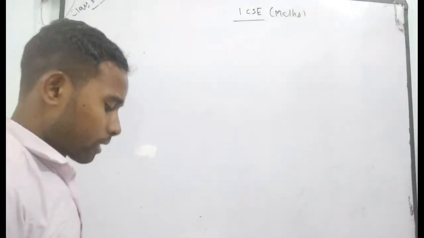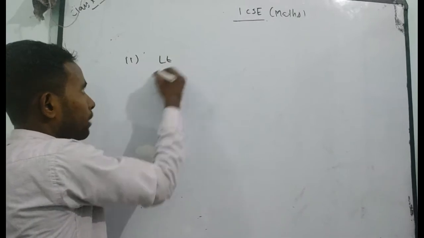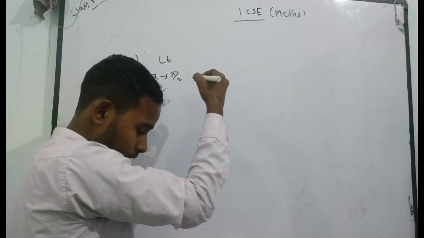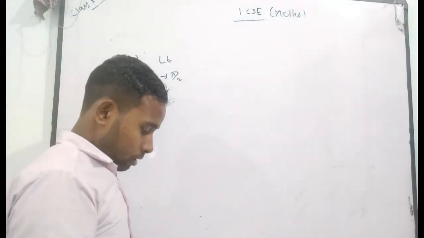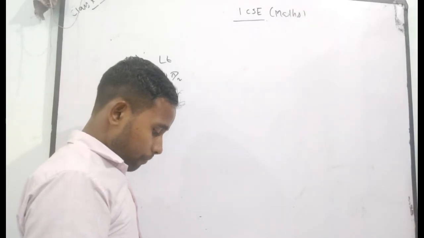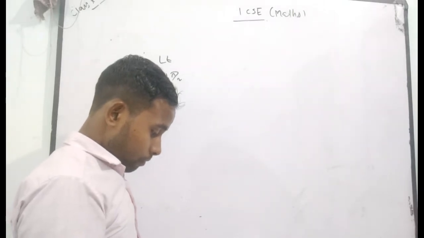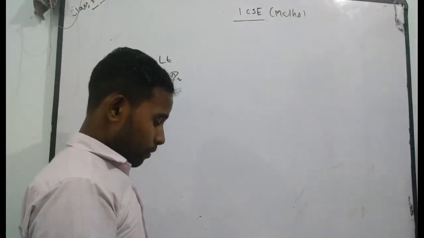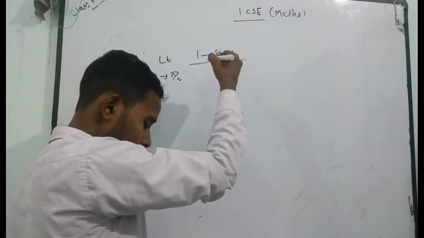In the next question, second, the limit as x approaches pi by 2 of 1 minus sin x divided by